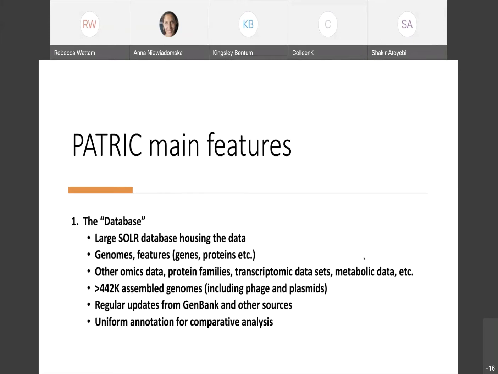442,000 assembled genomes. Now, this includes bacteria, archaea, and we also have bacteriophages that we've brought in, and some host data as well, the principal host data sets, so that you can do RNA-seq if you're looking at a response of a host cell to a particular bacterium, and if you have those FASTQ reads, you can analyze that data in PATRIC. Now, one thing that I think is our superpower is we provide a uniform annotation that